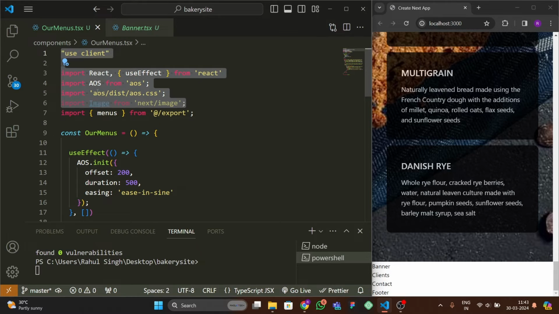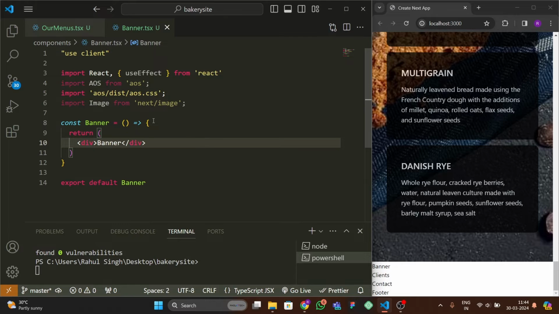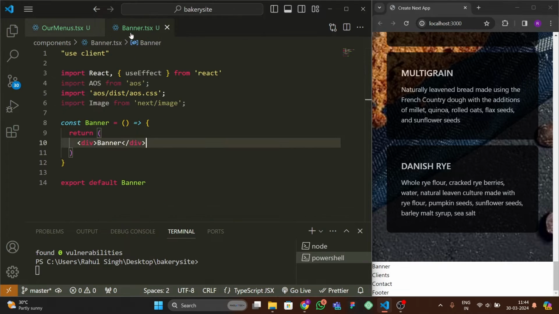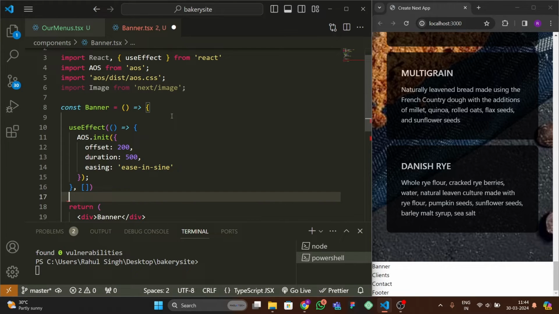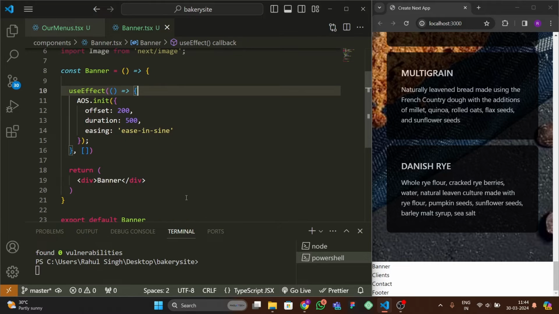This much code from the top, which is required. So let me paste here, and after that, what we have to do? We have to just copy this useEffect for the animations. So let me go here and here. Okay, so let me save this, and after that we have to go to this, and let's write it